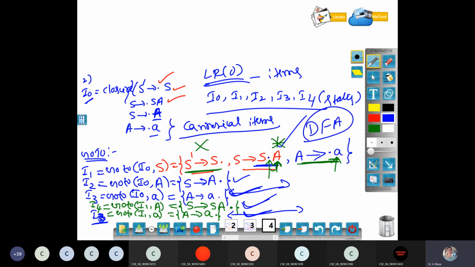See, I will write the DFA now. Whichever you are comfortable with, you can choose that one. You can directly find out LR0 items in DFA. Sorry, DFA also, but the exam may ask to write DFA and LR0 items separately. We should write separately for those things. Okay, let me go for the third step: how to construct DFA by using LR0 items.